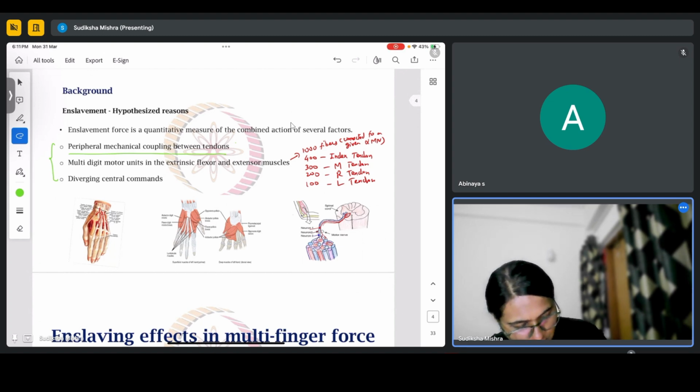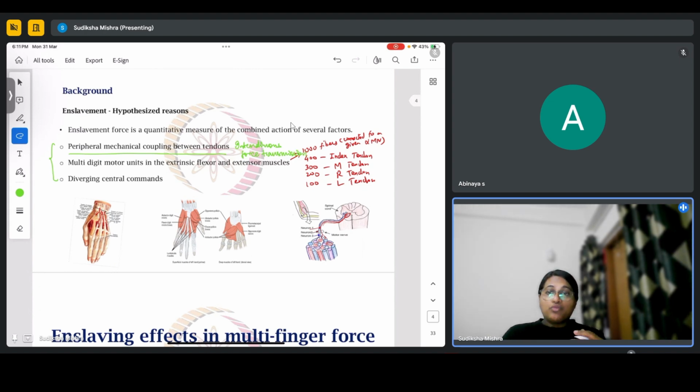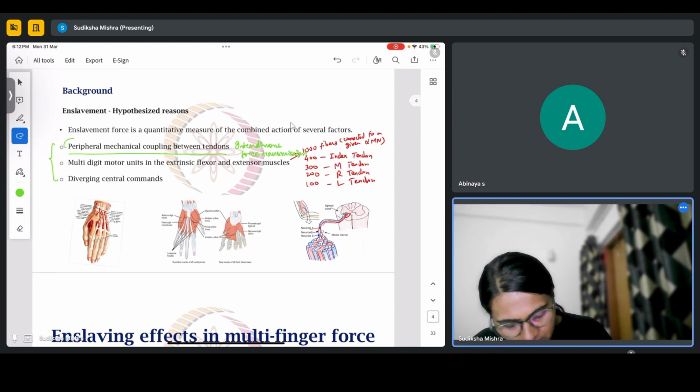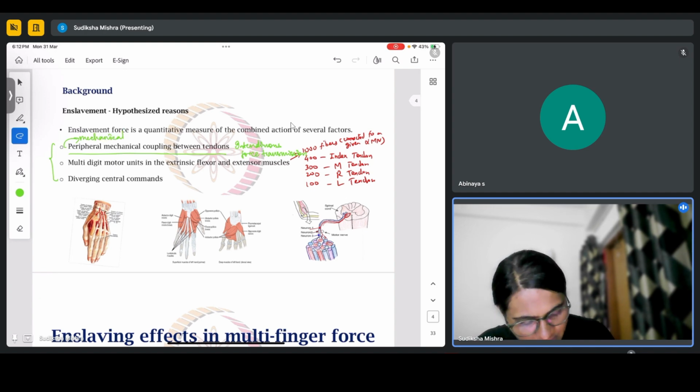This might be due to shear. This might be due to a single tendon connected to two different phalanges. It can be due to multiple reasons. The other two reasons are of neural origin. This first reason is mechanical, whereas the other two